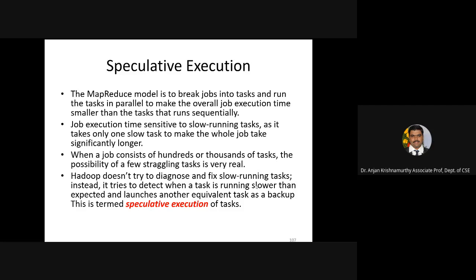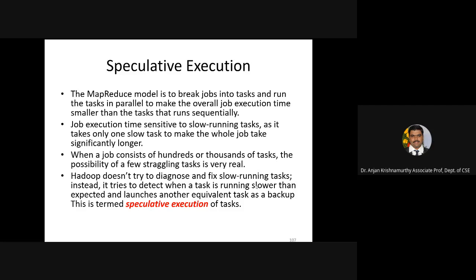Now, the reason why this can happen is that the task tracker constantly keeps beaming the heartbeat to the job tracker. When the heartbeat starts reducing and the interval extends up to the 7th or 8th minute, there is a probability that it can go out of bounds of 10 minutes also, because the interval you have set for a heartbeat to reach is 10 minutes. If you do not see a heartbeat within 10 minutes, there is a possibility that the current task will be terminated and a new task spawned for it.